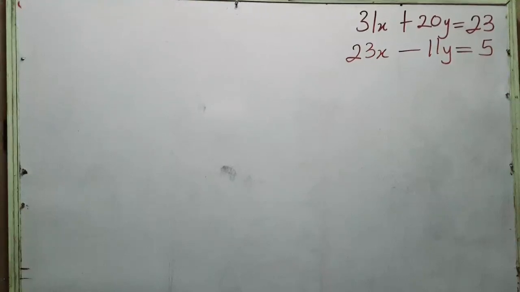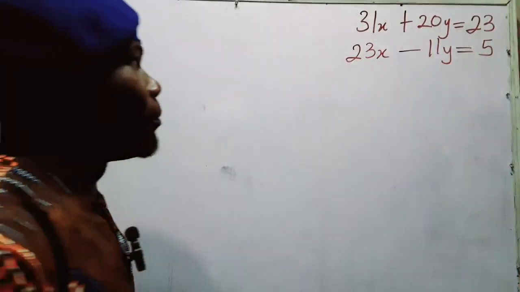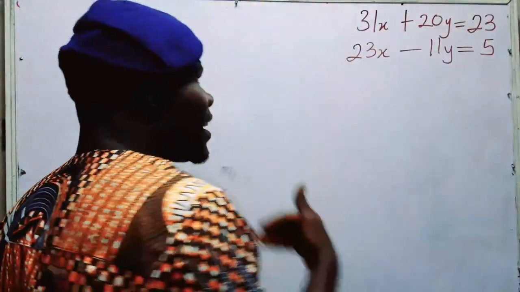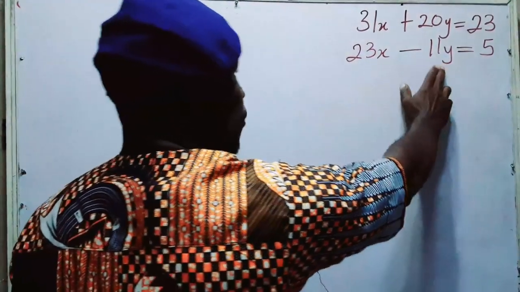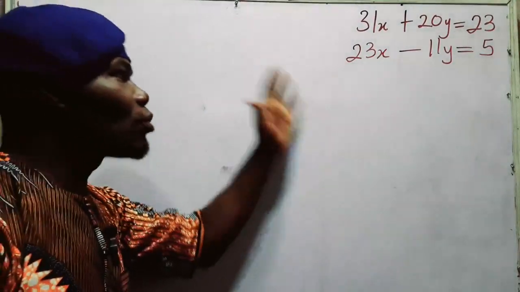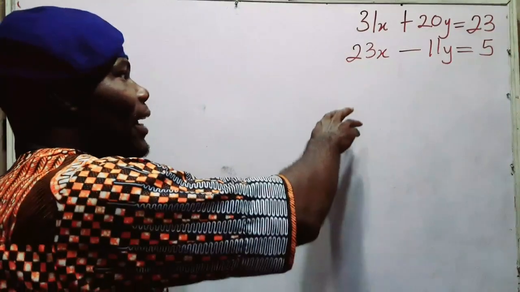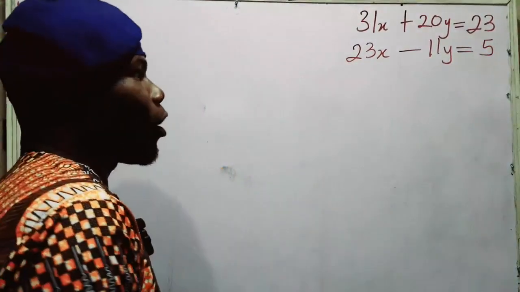This is simultaneous equations that involve number base. When a question is in this form, you discover that the x and y in equation 1 and equation 2 are in a base form. So in solving a simultaneous equation that involves the number base, the first thing you are going to do, recall,